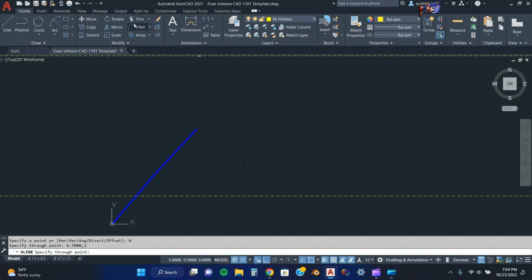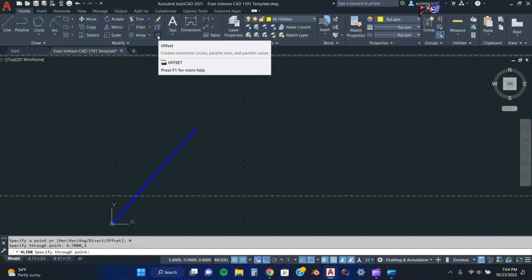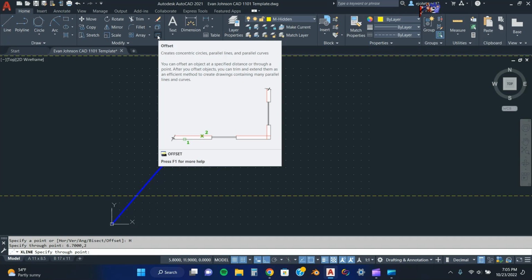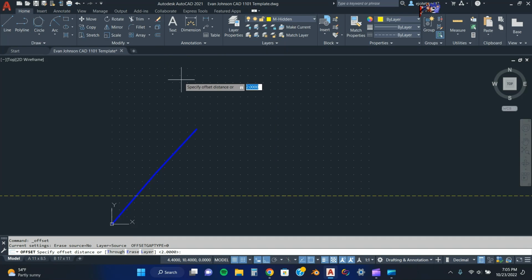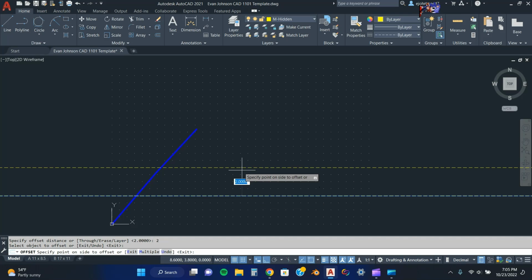We're going to actually choose the offset tool now, which is this one right here. So offset is going to allow us to draw another line that's offset from the one that we select. So let's say we need it to be 2 again. So we can type in 2, which was already in there, but we'll tell it that needs to be from this line. And then we got another reference line. So these lines just go off into infinity. You can clean those up later, but